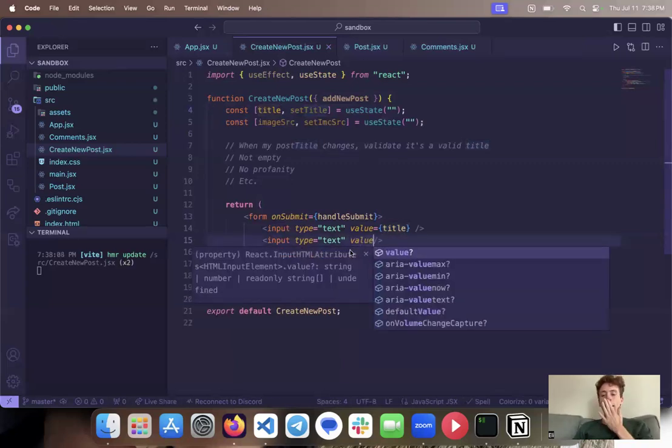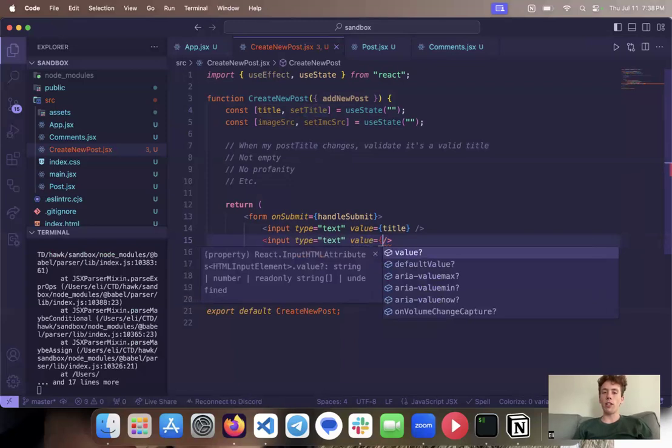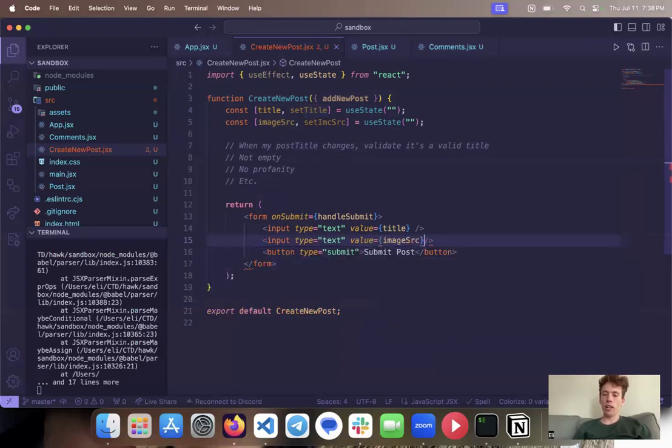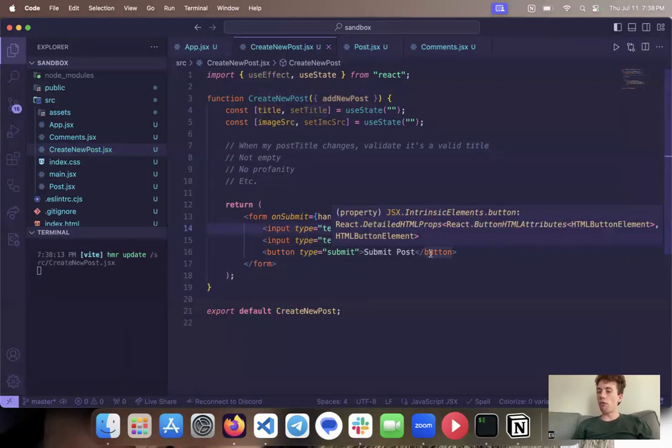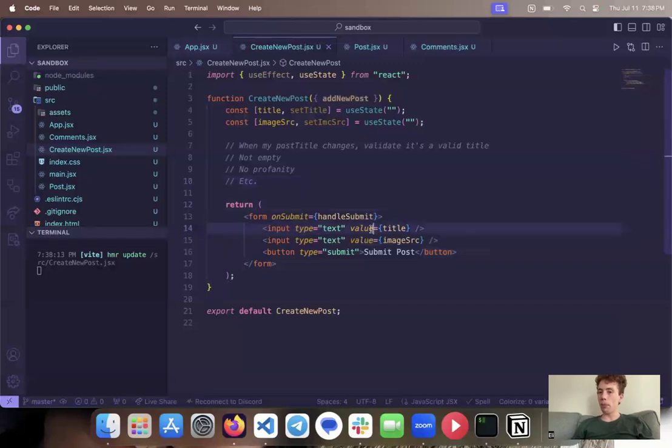And inside of this one, I need to render whatever is in my image source. So every time this component renders, it's going to get whatever's in this state and put it in the input. This is not super helpful quite yet because